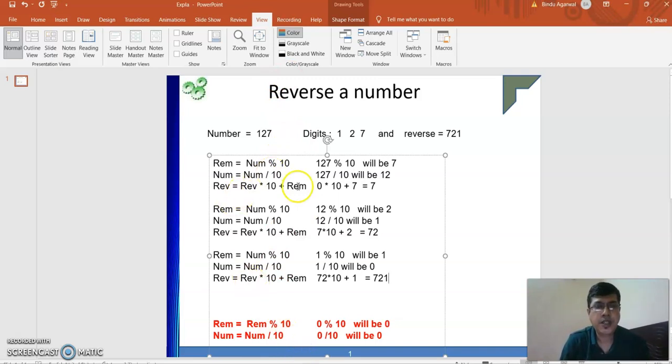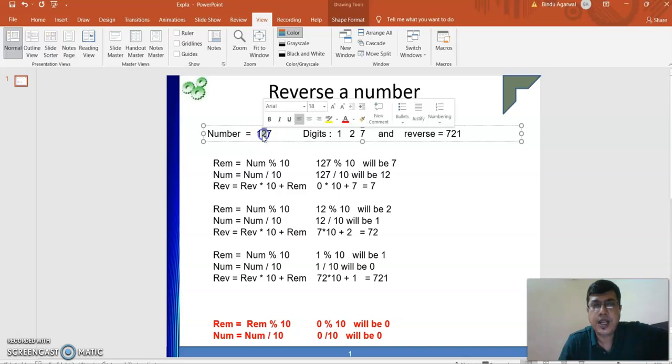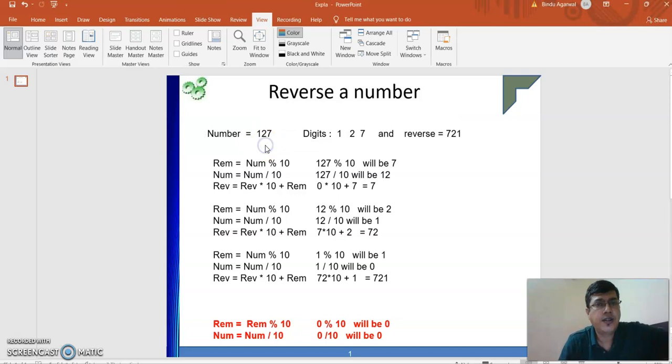So the previous concepts are still there. We get the digit. In the previous sum of the digits we were adding it. Now here what we need is to reverse. As I was telling, this is the unit place, this is the 10 place, this is the 100 place, and the difference between each of these is nothing but 10, right?